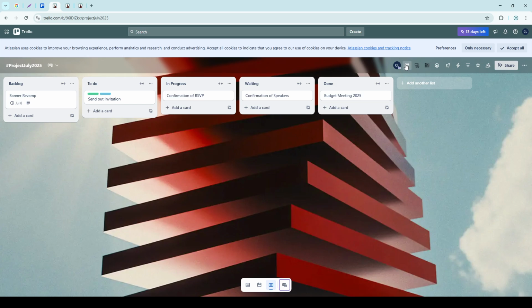Finally, to truly optimize your Trello workflow, regularly review and update your board. Workflows change, so adapt as needed. Automation rules can help streamline repetitive tasks, and exploring Trello's power-ups can enhance your experience, providing additional functionality tailored to your needs. That's it. With these steps, you can effectively manage tasks using Trello, making your workflow more